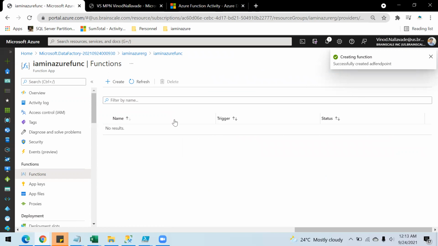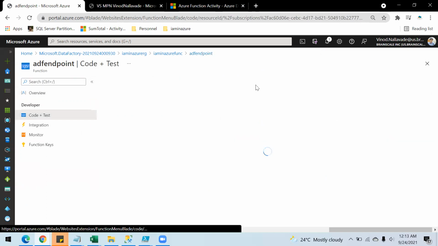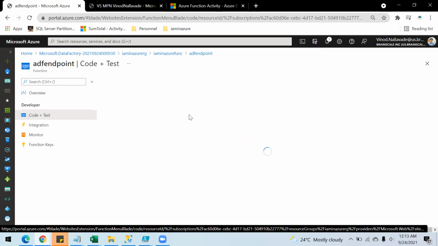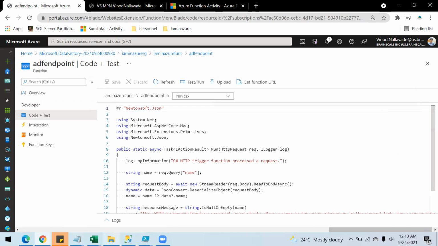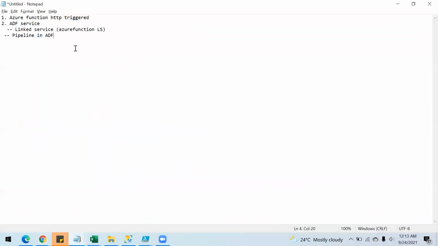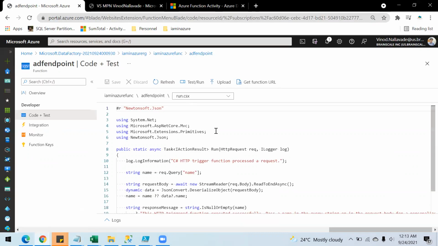This is a very basic function that we have here. So this is created, and as I mentioned, for this you will have an endpoint. You can always get that endpoint by clicking this get function URL. You can copy this and put it in the notepad for future reference. As we have selected the authentication to be function, we will have a code. This is the code you need to pass in order to run this function. Let's test it out on the portal first.